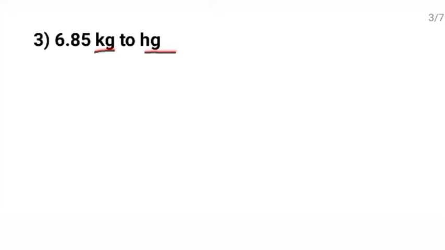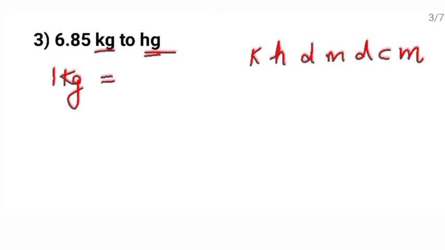You can easily convert kilogram to gram because everyone knows that 1 kilogram is equals to 1000 gram. But for hectogram, you can get confused what is the relation between them. So write here 1 kilogram. Call your friend. कहाँ है दोस्त मेरा, दोस्त से मिलो. Middle term will be gram because on both the sides they have given gram. Clear? Now this is in kilogram. That means you are on kilogram.